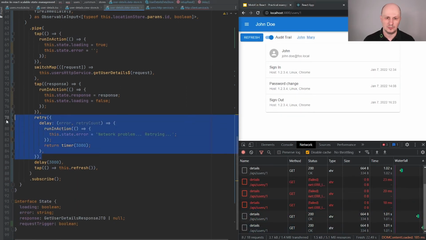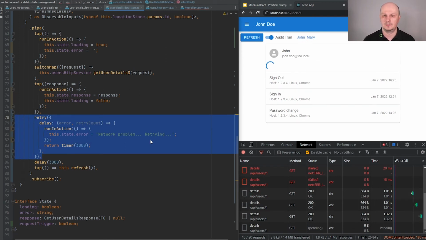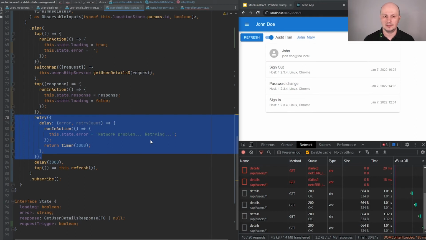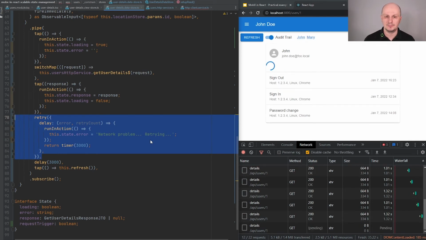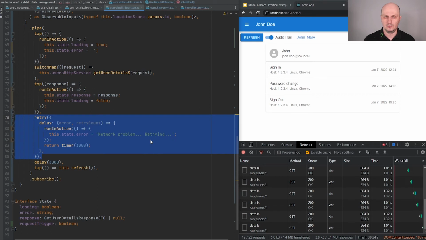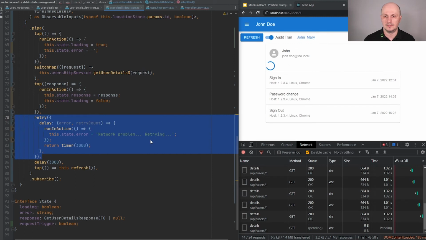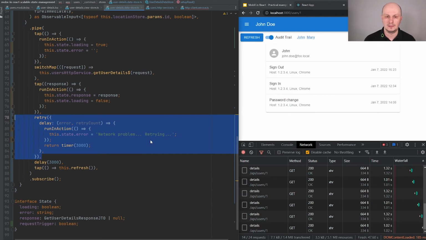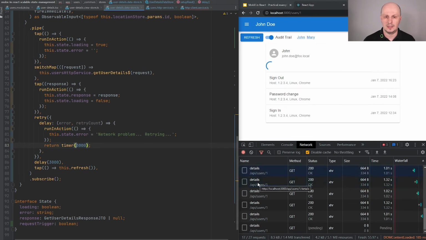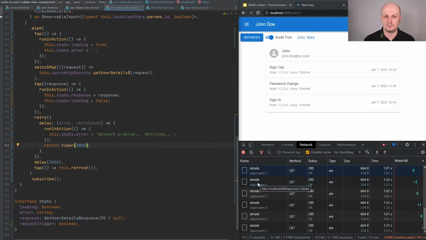All right, so using those few lines of code, we supported a very complex problem of handling and retrying to reach the backend again. With these few lines of code, I handled the errors coming from the backend and also retrying on failures, and you can configure the time after which RxJS stream should try again.